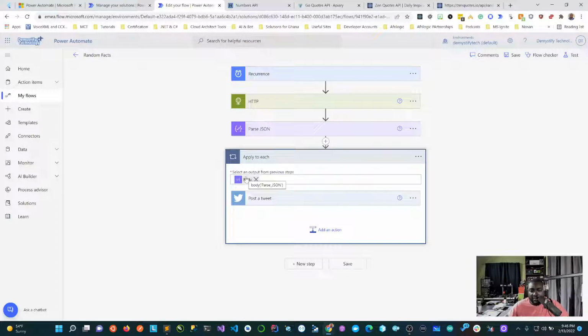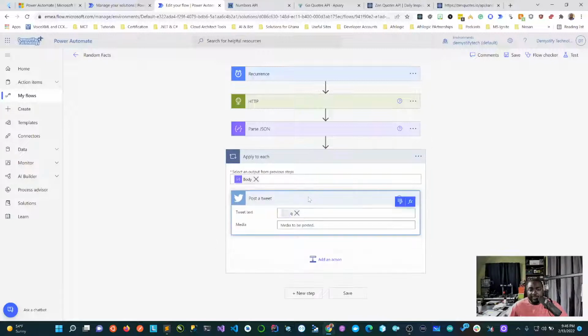You realize that because it was an array, it says, for each of the results that comes in, I want you to tweet it. I could go ahead and tweet just the first one, but I'll leave it at this. So you open this, and this will be the tweet.